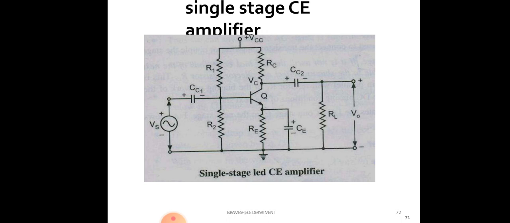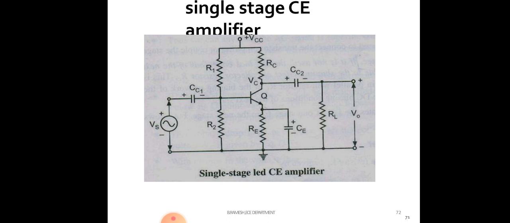The next one, R1 and R2. Both are biasing resistors. If proper bias is not given to the transistor, your operating point is not fixed and will change. If any component is missing here, or any component value is not chosen properly, it ultimately affects the operating point. The operating point represents stabilizing the signal. That is the purpose of the operating point.